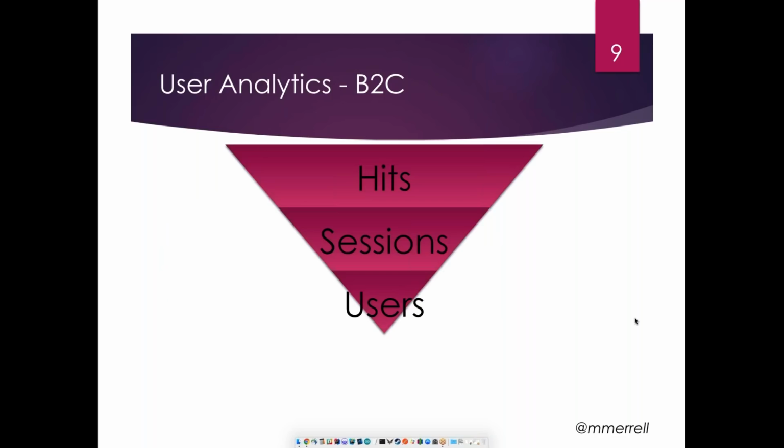In your B2C world, it's a little bit different conversation. What you're trying to do is take people who hit your site and turn them into customers. And the way you do that is by studying anonymous users, which are hits, someone who goes to your site, just lands on your site. They may or may not do anything on your site, but you're able to sort of track, someone came here, they're from Colorado, they did this thing, and then they left. I've noticed a lot of people just in the last 48 hours have come from Colorado and then they've left our site. I wonder why.